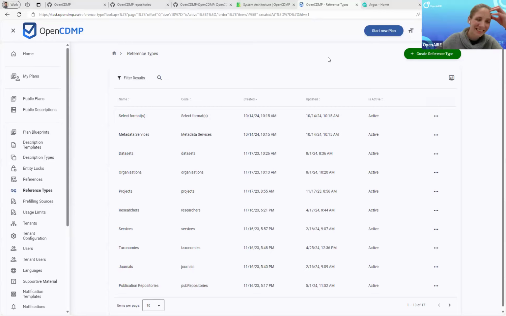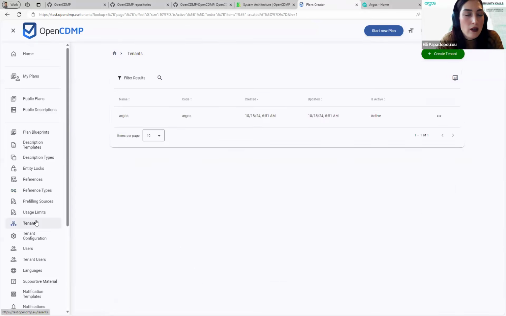But let me say that these are all available on Argos as well. So there are two different options if you want to customize and configure all these extra things. One is to have a tenant, and maybe you can show us here, for example, one tenant, Diamantis, and how this looks like. Yes, or you can create now a tenant.